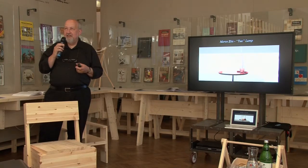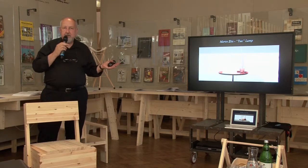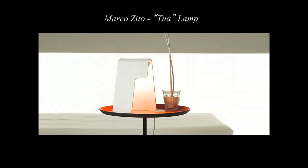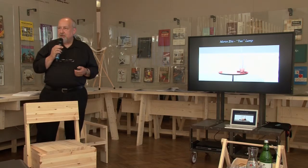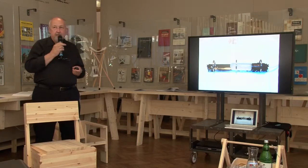And then this, I did this because being inspired, just doing this presentation and organizing the slides, I thought, you know, the old guy still has some tricks up his sleeve. I found this lamp from Marco Zito in a design magazine, and I was very inspired by it. I looked at it and I said, that lamp looks like a 3-ring binder. And I said, I bet I could do something with that. So I got a 3-ring binder, and I cut out a form, and I put the lamp across the 3 rings,